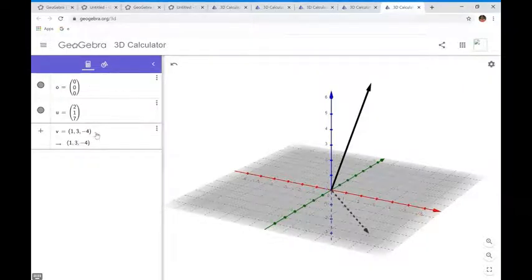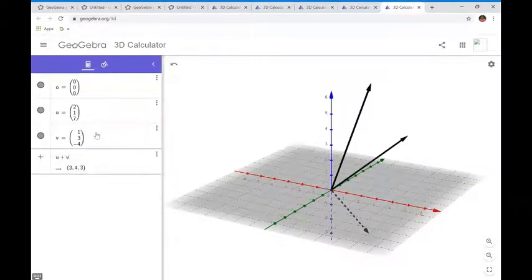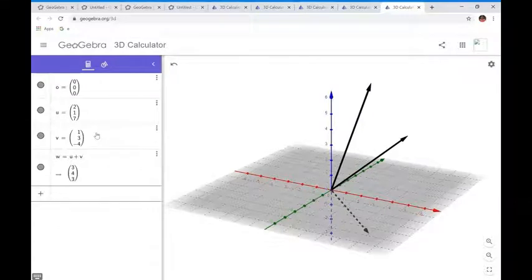Now let us see even in 3-dimensional what the vector addition will be. u plus v is equal to. So you are seeing here u plus v, you got again another vector w. So here also the sum of these two vectors u and v, that is w, is again a vector in the same space. So you can say that if you add any two vectors, it will give you again a vector in the same space. So that is, vector addition is closed.